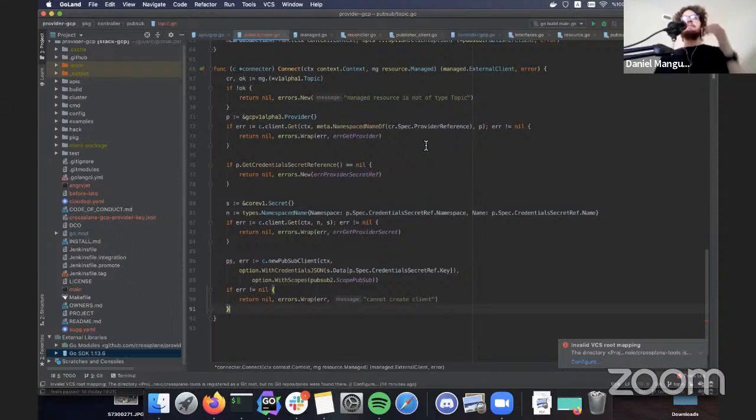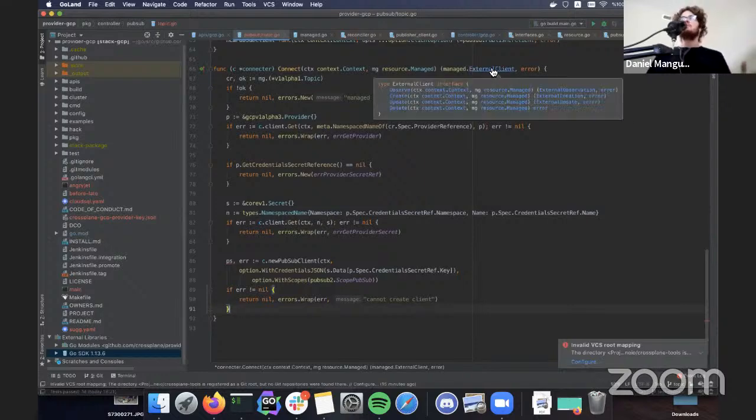For instance, for GCP, you may have your JSON for your IAM user. It could be that for AWS, you have your access key and ID, or for something like Slack, which we have a toy provider for, it's just a token or something like that. So we're basically just saying, use these credentials to reach out to the provider, and then we can do everything we need to at that point.